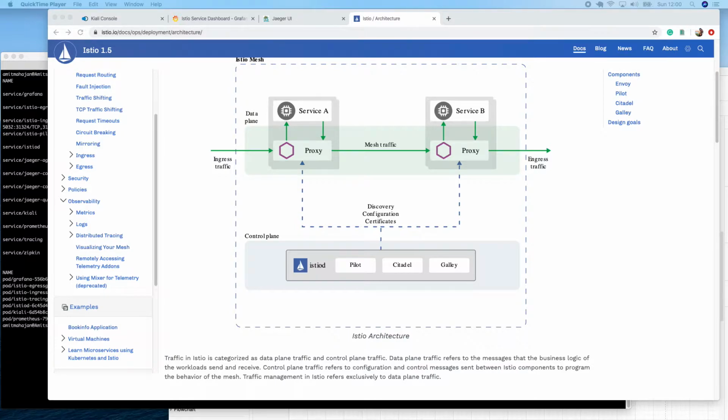It is a small container which is injected while we are deploying our applications, and those containers provide the information we need to produce different telemetry around logs, metrics and distributed tracing, and also around security and dynamic routing. Those containers are managed by a centralized process which we call the service mesh, which is Istio